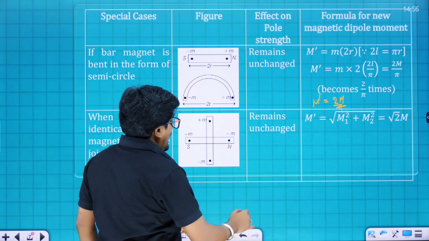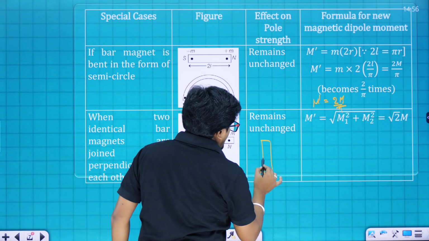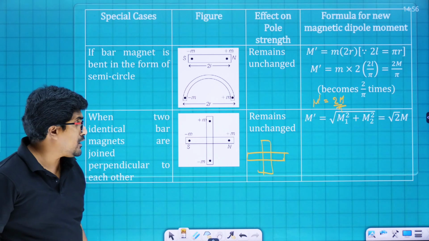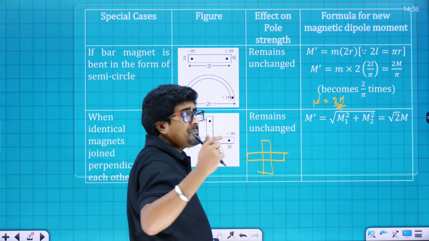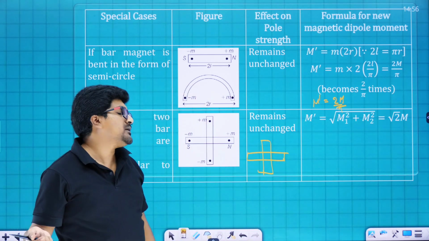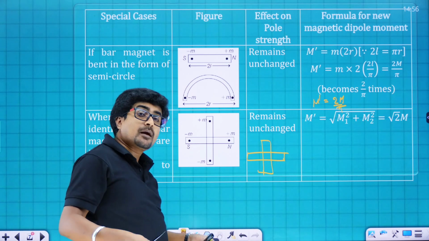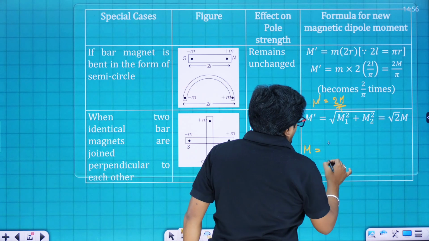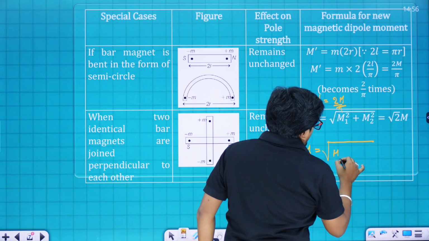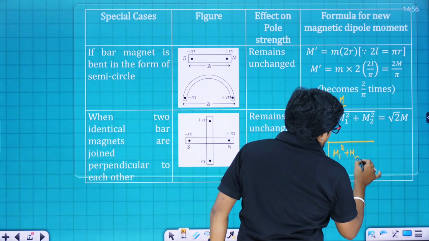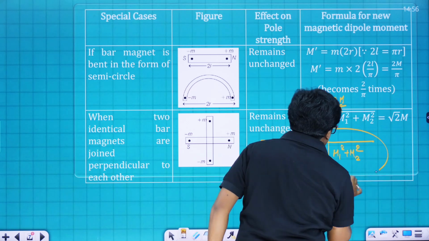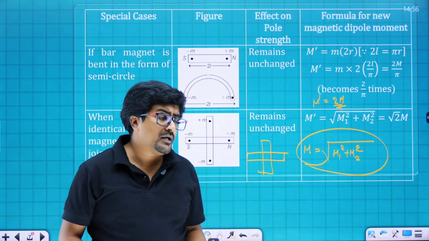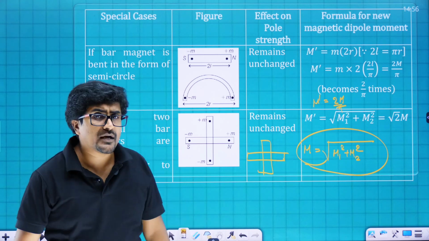Now you can see I have 2 bar magnets kept perpendicularly like this. That means the lengths are kept perpendicular to each other. So if capital M1 as well as capital M2 are the magnetic dipole moments of these 2 bar magnets separately, then the resultant magnetic moment is going to be the square root of M1 square plus M2 square. It's the same concept that we used in vector addition. We are just considering the vector sum, because you know that magnetic moment is a vector quantity, and what